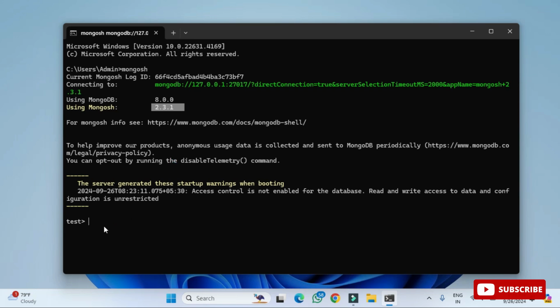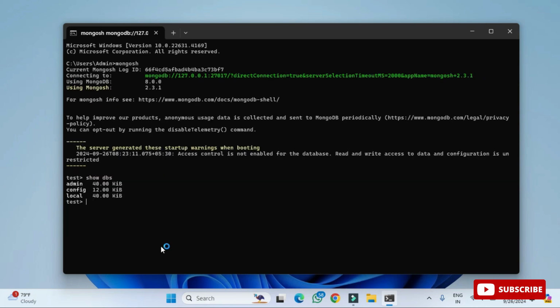So guys, you can see here it is showing the test database, which is the default database. I don't want to use the default database. I will be creating my own database. So first of all, I'm showing all the available databases. For that I have written the command show dbs. These are the available databases which it has shown.